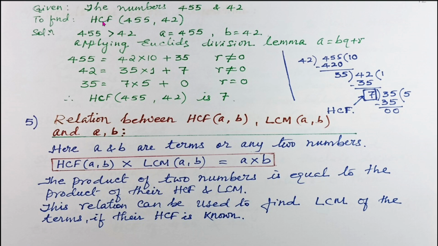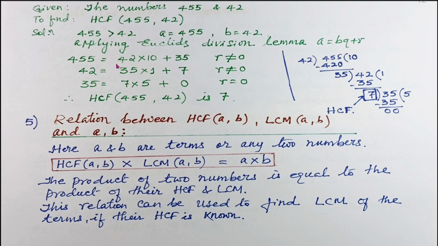Now to find the HCF, apply the Euclid division lemma repeatedly for 455 and 42. Here 455 is greater than 42, so A is 455, B is 42. Applying Euclid's division lemma, that is A is equal to BQ plus R, we get 455 is equal to 42 into 10 plus 35. Here R is not equal to 0, therefore apply again the second time the Euclid division